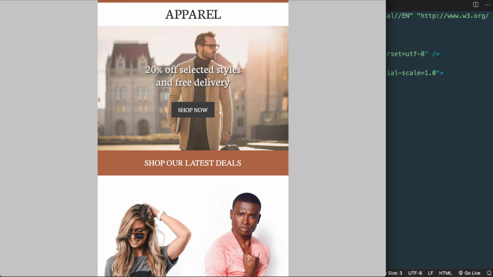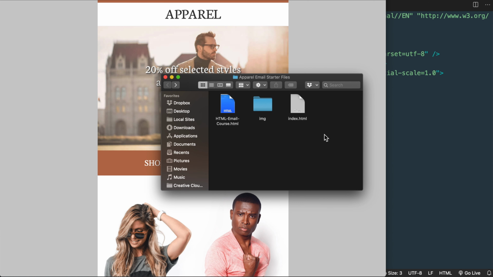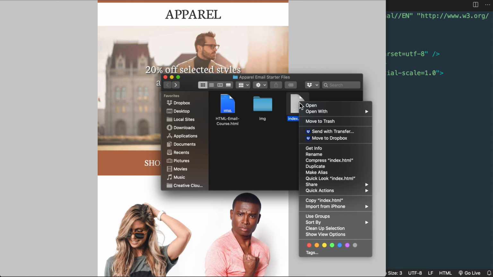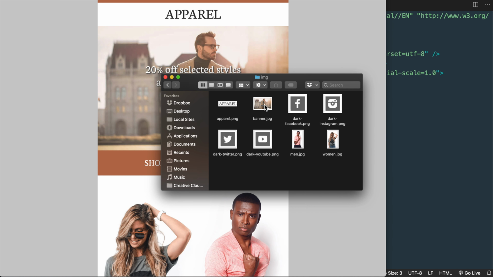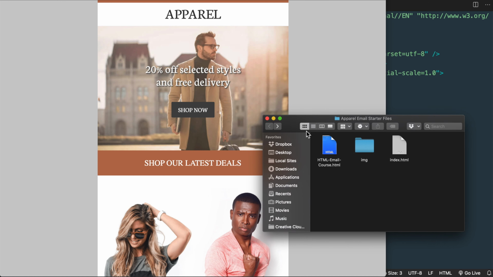So in the description of this video, I'll have tutorial starter files that you can download. And that includes index.html, which you see right here, and I have open in the free text editor Visual Studio Code in the background. Then also included is the image folder, which includes all of the images and icons used in the email template that we'll build in this tutorial. And lastly, there's a file called